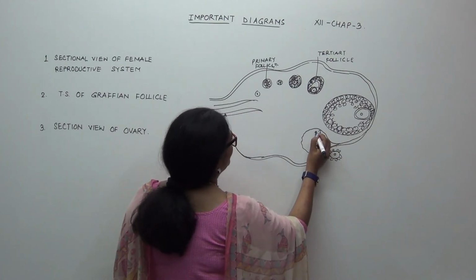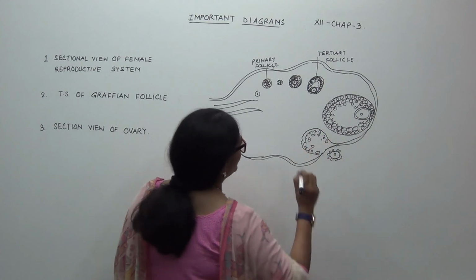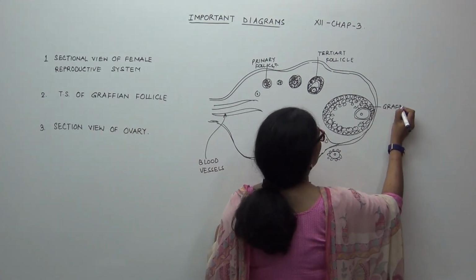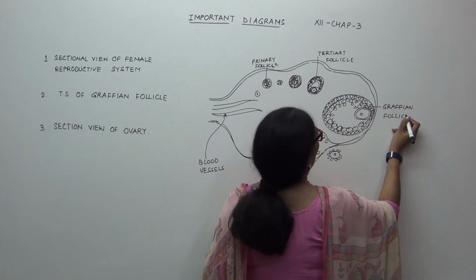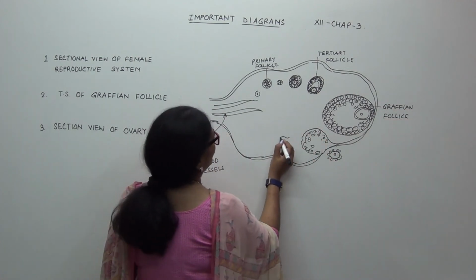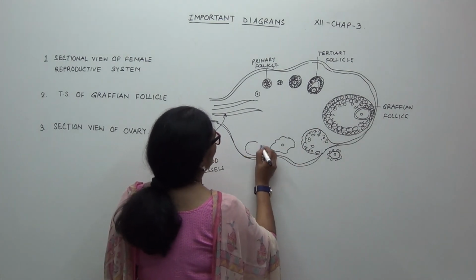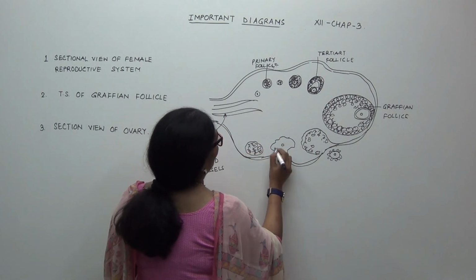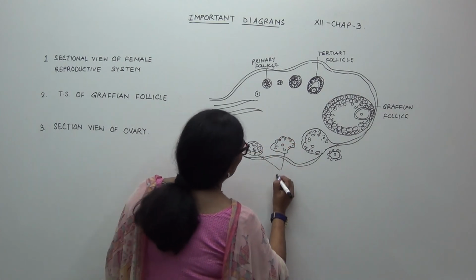And I am going to make a few of the remaining follicular cells of the Graafian follicle here. So I am going to label this as Graafian follicle. Now that it is ruptured, we know it will get converted into a structure called corpus luteum. Like this, there is a diagram in your NCERT, and you can label it as corpus luteum.